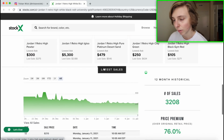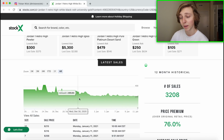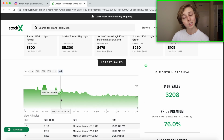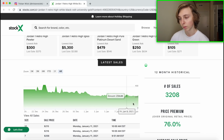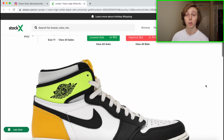I'd say you go look at the chart right now, it's been pretty much going down, and you can look previously, even when there were a few pairs flipping, this is, I'd say, a really accurate range right here. They were going for around 300, 300-ish through 290-ish, so I could see them going back up to that point very easily. They're on that downward trend right now, but since they dropped on the 9th right here, they really haven't gone down that much. Maybe another $5 or so. So they'll probably drop a little bit more, but that doesn't mean you shouldn't invest in them, because there's